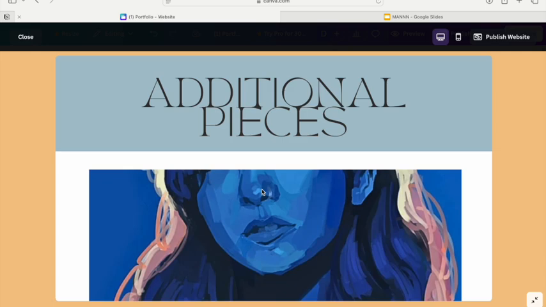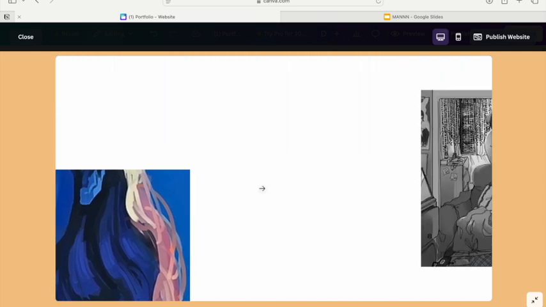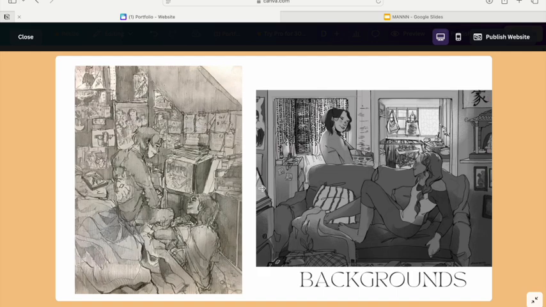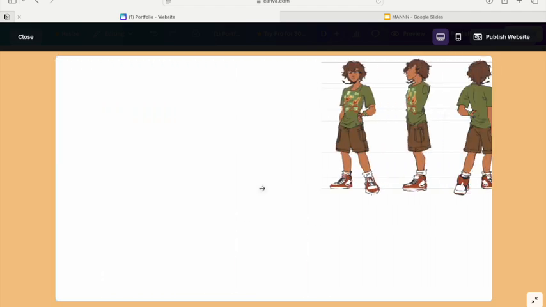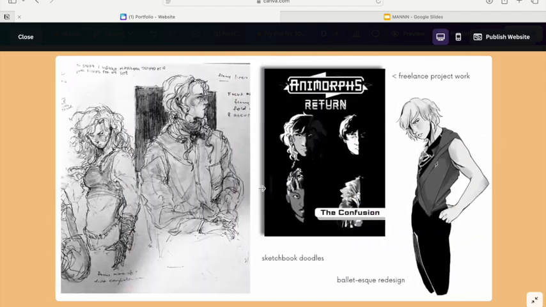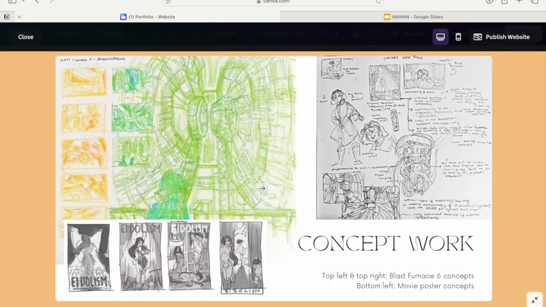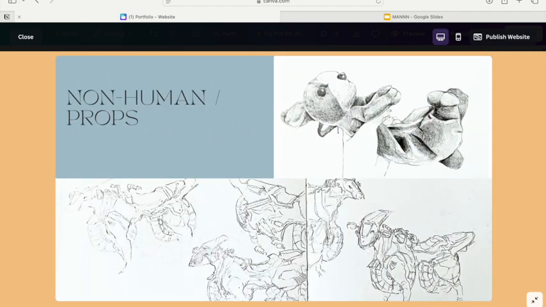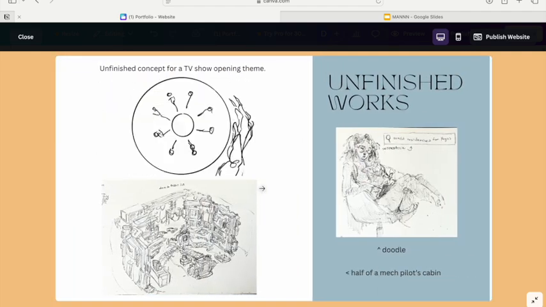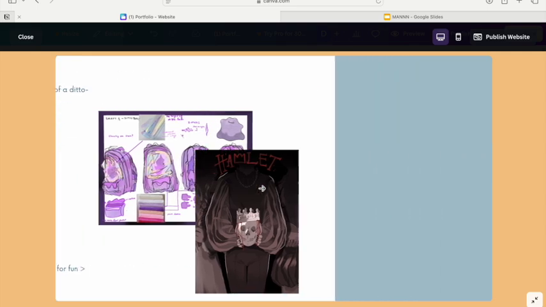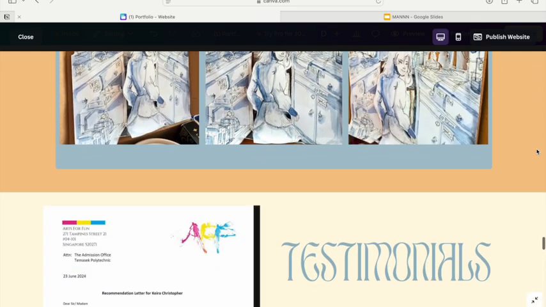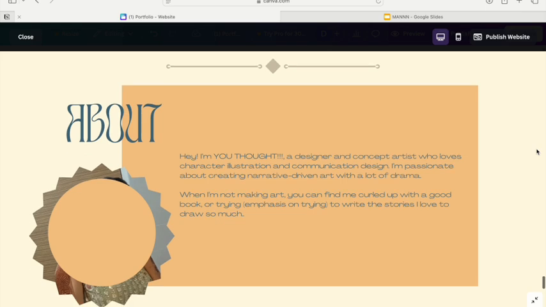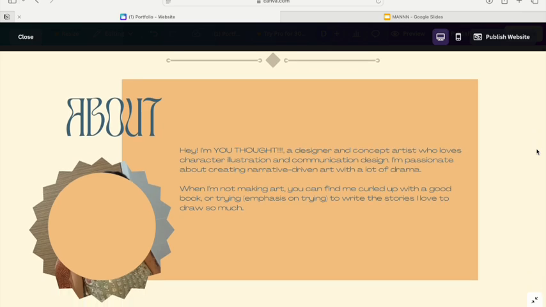Yeah, but then I did get a bit of help from one of my mom's friends for this, for trying to cover all my bases when it came to backgrounds, concept work, character specific illustrations. I don't think the green one counts as exclusively background. I think that would go way harder into viz dev, which is a much nicer term to put on it. Testimonials, we're going to scroll past. But yeah, those are embedded. And then I just put a really simple thing down here.